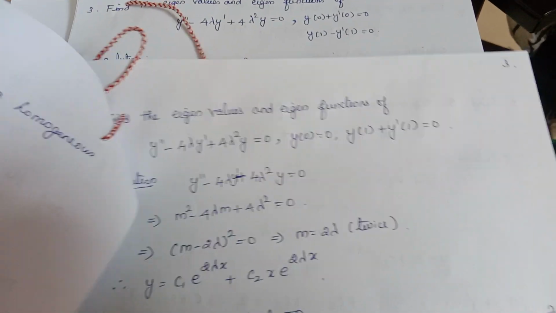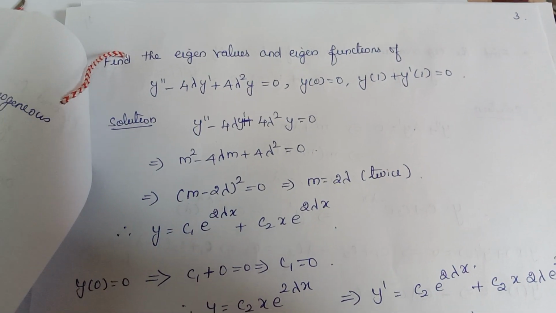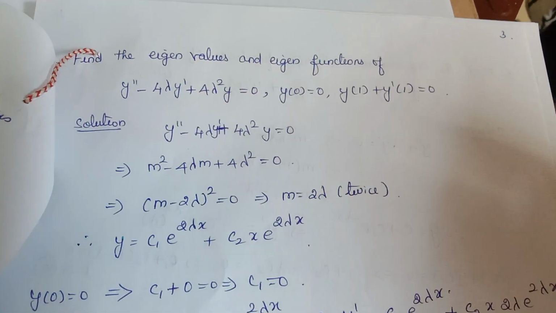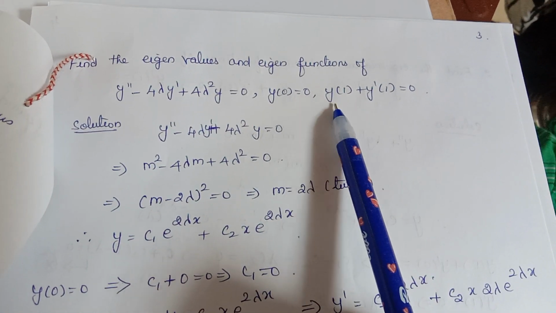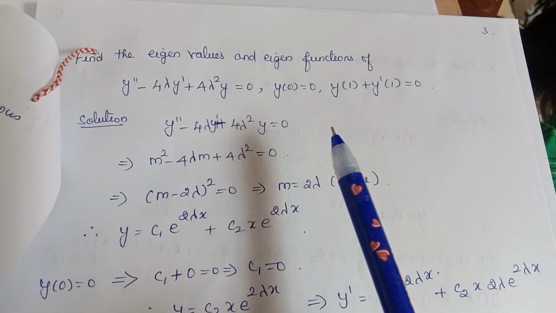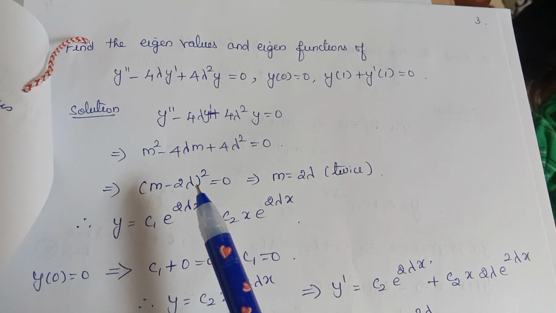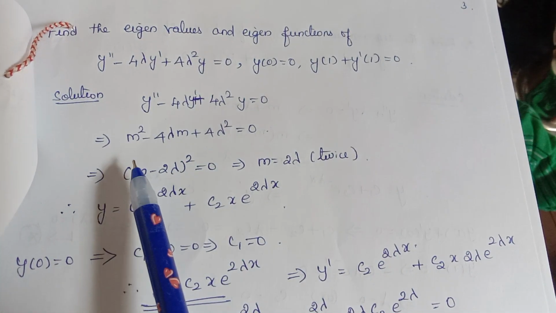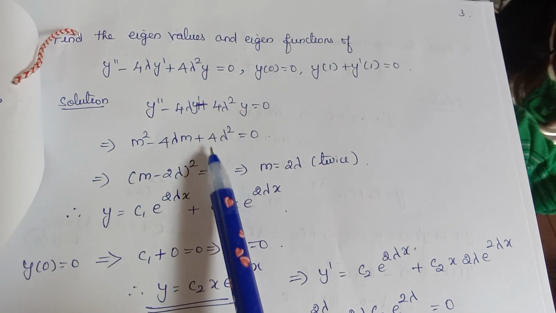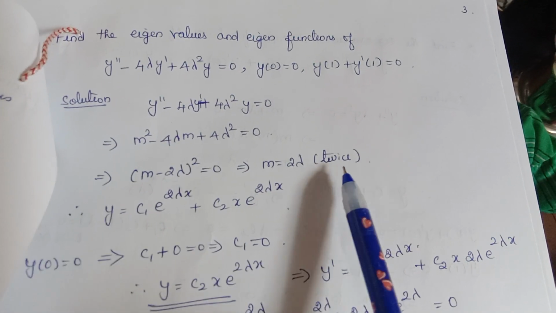The first problem, find the eigenvalues and eigenfunctions of y double dash minus 4 lambda y dash plus 4 lambda square y equal to 0 with y of 0 equal to 0, y of 1 plus y dash of 1 equal to 0. See, now as usual, how we solve the second order linear differential equation with constant coefficients, in that way only we have to do. Now the auxiliary equation is written as m square minus 4 lambda m plus 4 lambda square equal to 0. So if you solve this equation, we are getting m equal to 2 lambda 2 times,